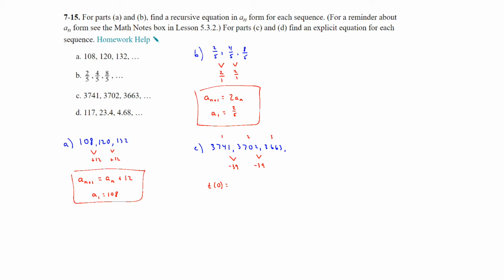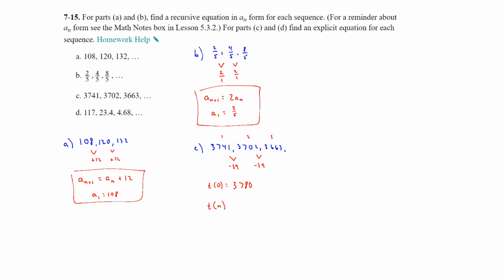3,741. So if we add to get to that next one over here, because we're working backwards, that would be 3,780. So we're trying to find that first term. Now that we have that, we have the first term and the common difference, so we can write the